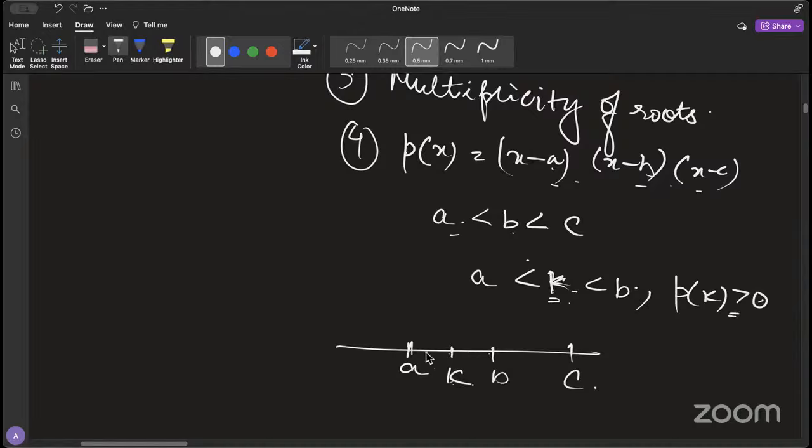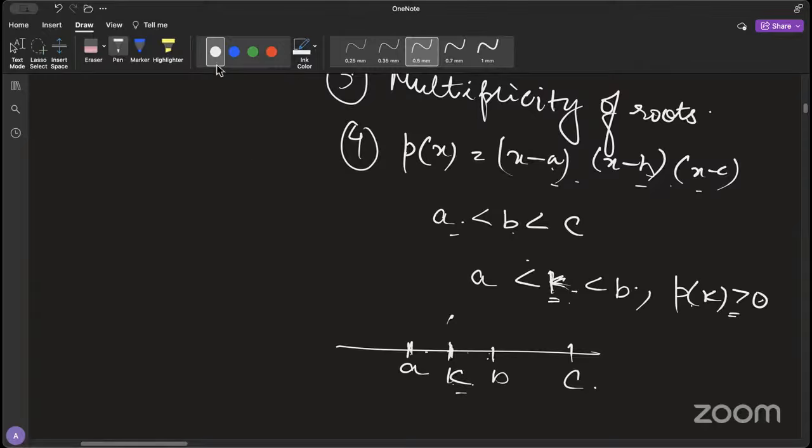What about the other points? How do we know that at the other points too, the value of the polynomial should be positive if it is positive at this point k? At this point, the value is positive. That means the height is positive. What about the other points? Is it feasible for us to check for every point? No, it's not possible. Then how? You don't have to check for all points. That's the good part. You can check for one point between a and b, provided you're sure that the next root immediately after a, the next root is b. There is no other root between a and b. So if there is no other root between a and b, and the value at k is positive, and polynomials are